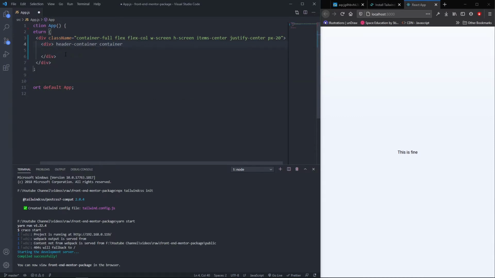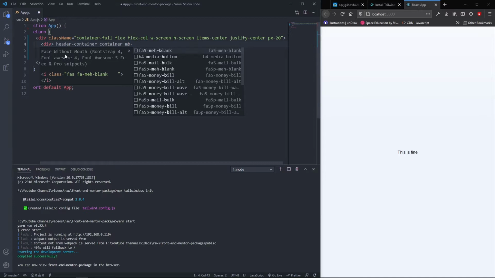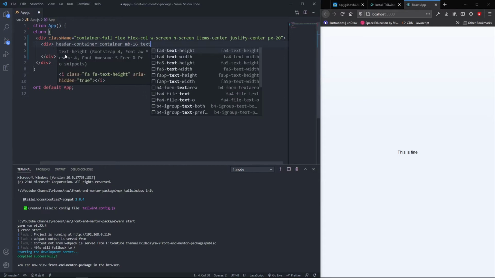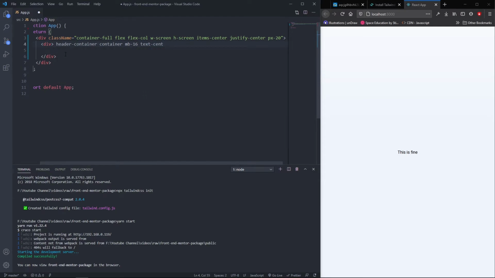And what I'm going to do is add a margin bottom of 16, and I'm going to say text. I want this text to be aligned center. Okay, so I'm typing everything actually outside of this div. Let's say class name is equal to quotation marks, and let's close this. I wondered why this wasn't green. Let's close it, and then inside of this div I'm going to add an h3,